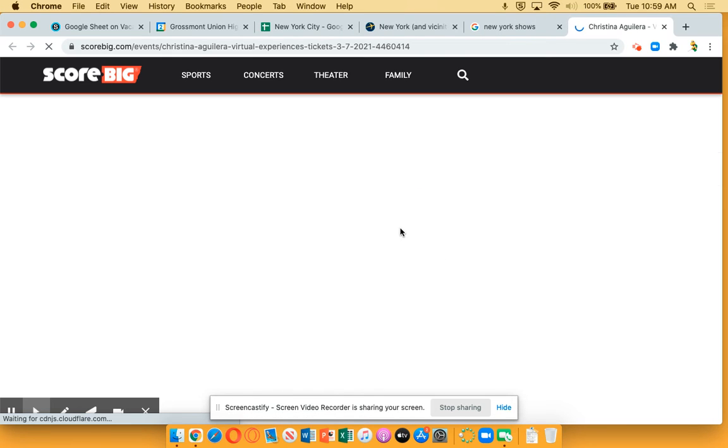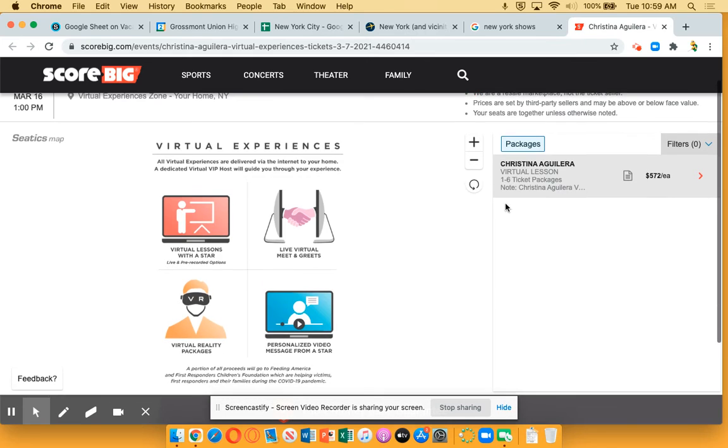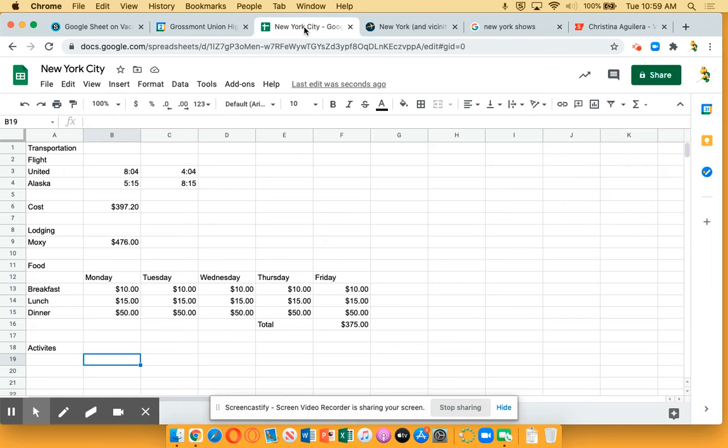Score big. Let's see what the tickets cost. And then we'll throw in as one of the things that we do. Oh, look, it's only $572. Okay, we're probably not going to be doing that. But just for fun, we'll put CA here for Christina Aguilera, and that's 572